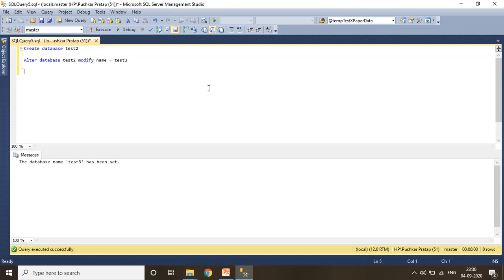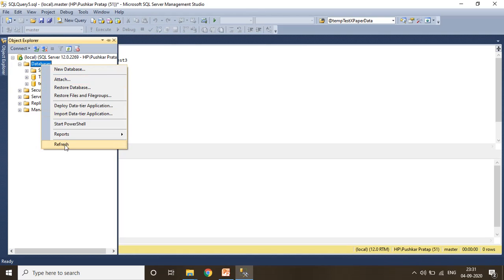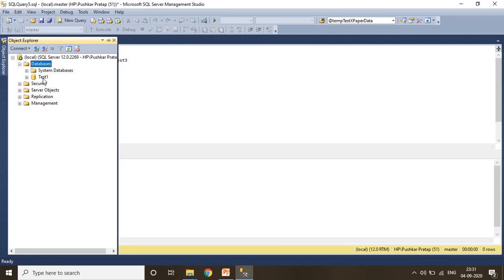To drop a database, we will type drop database and then the database name and click on the execute button. Now we can go to Object Explorer and see whether the database is deleted or not. As you can see here, there is no test3 database.